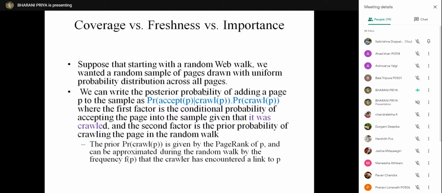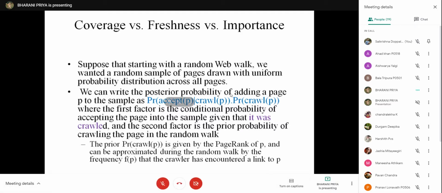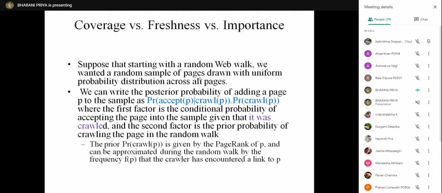So we can write this posterior probability. That means we have some seed pages and we need to add a page to the already available pages. This posterior probability can be written as PR of accept of P given crawl of P, times the probability of crawl of P.